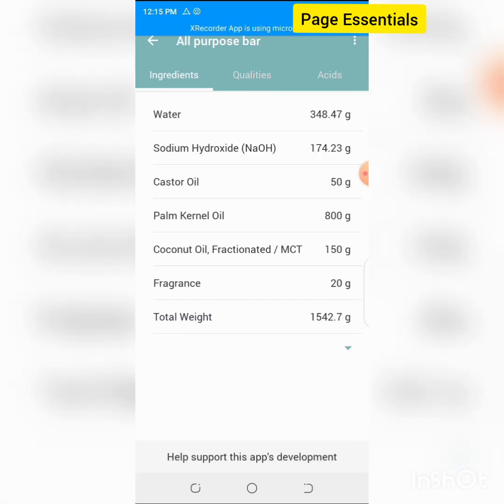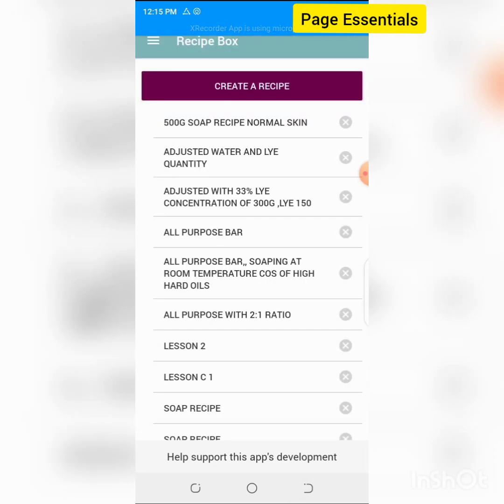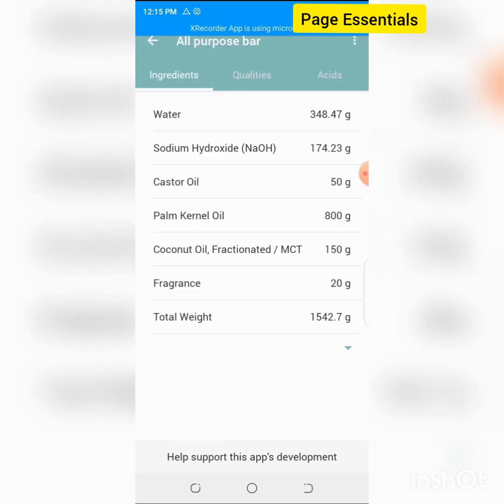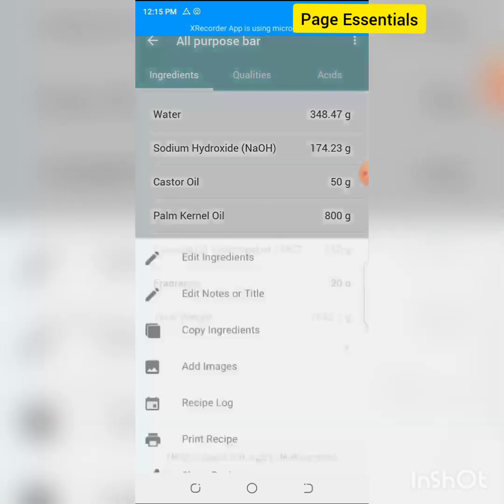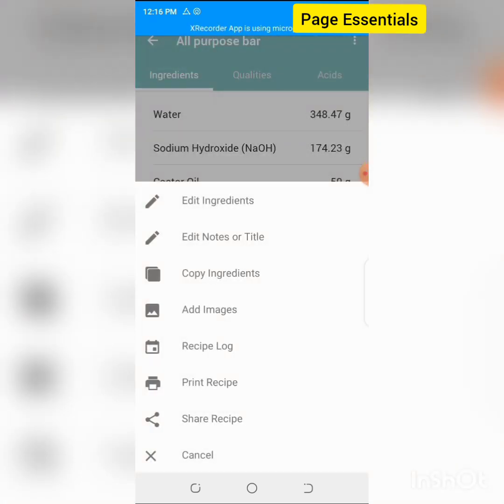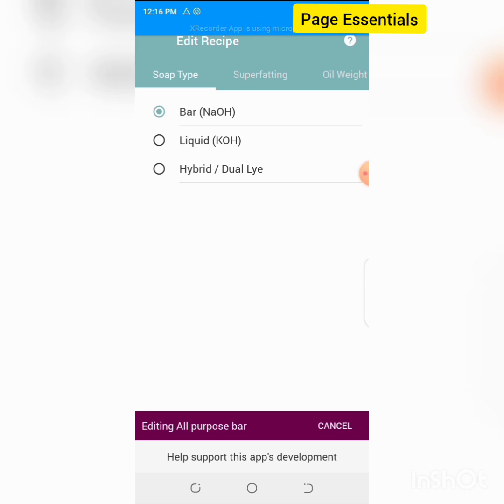Let's go back to check our recipe. Can you see all purpose bar? You click on it, you can see your recipe. Then if it happened that you made a mistake somehow, just click on these 3 dots up. Can you see? You click on the 3 dots, you can see edit ingredients, edit notes, title, copy ingredients, and many things you want. If you are done, okay, maybe you want to edit ingredient, you click on it, you can edit your ingredient. If not, click on cancel,